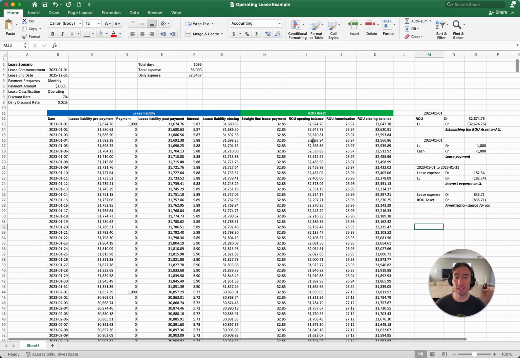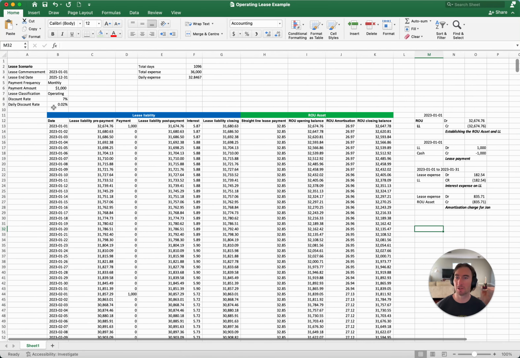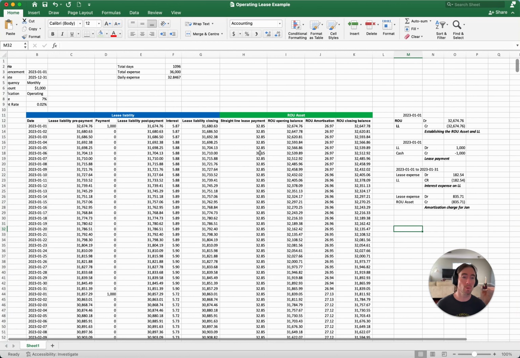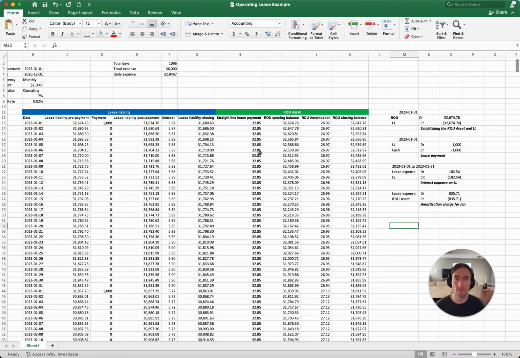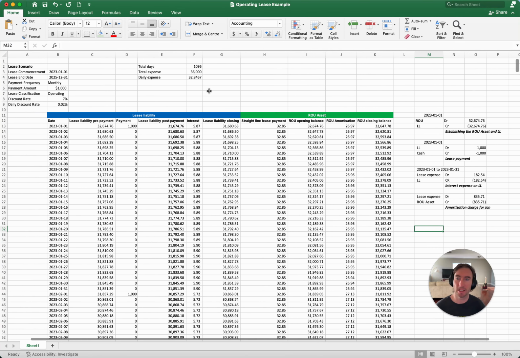Now, this is a really simple calculation. Payments don't change. We're not calculating the current, non-current. We're not calculating any of the disclosures. So I'm doing the most simple, basic version of calculating a lease liability and right of use asset under an